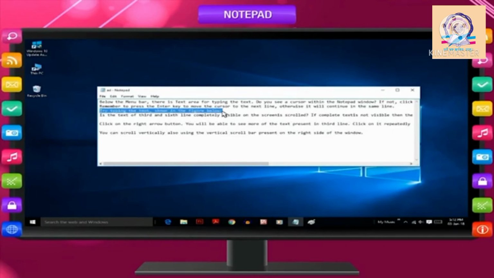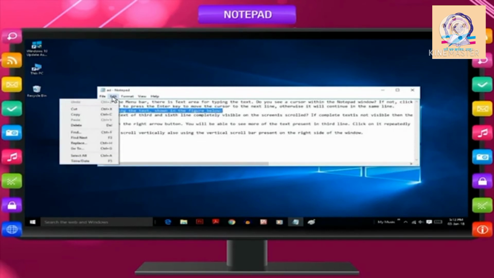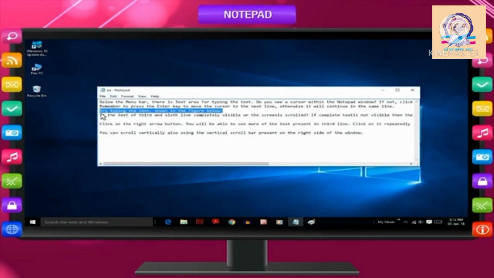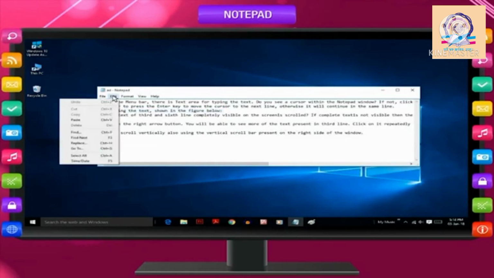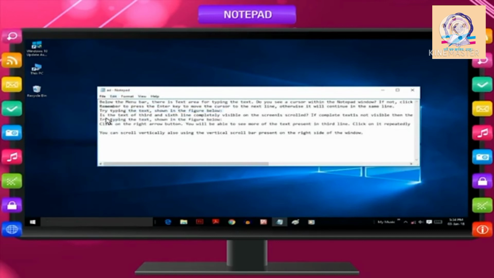Select the text to be copied. Click on Edit menu and select Copy option. Place the mouse pointer and click where you want to paste the text. Again, go to Edit menu and select Paste option.